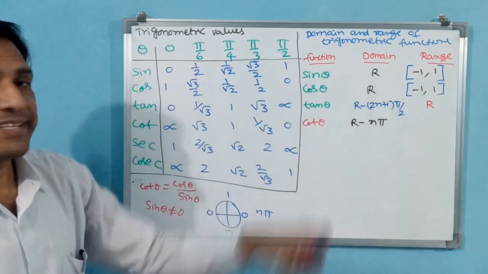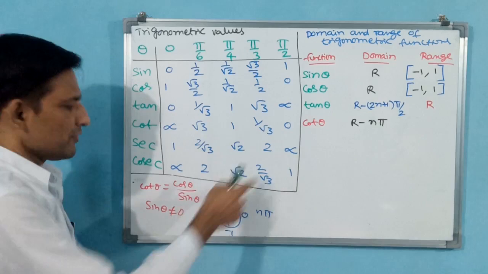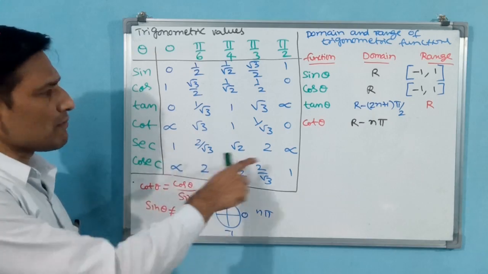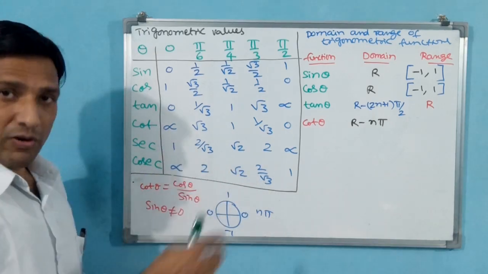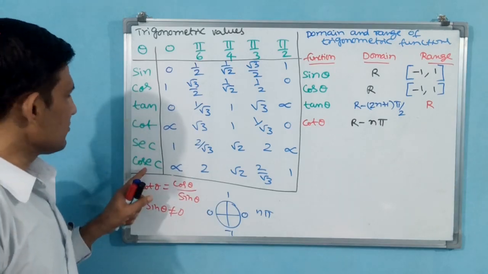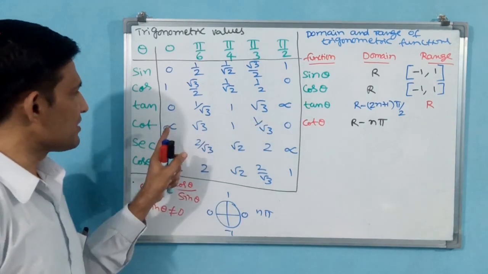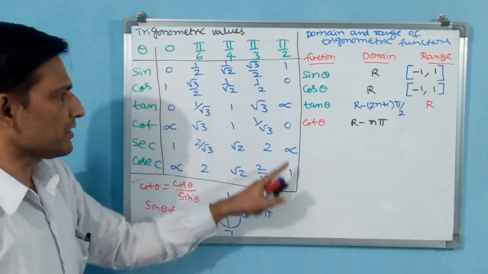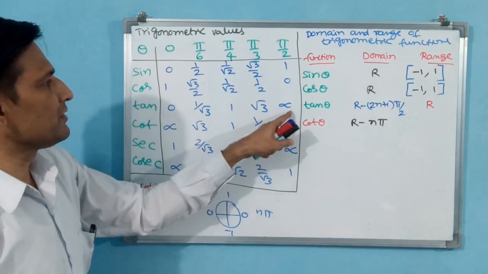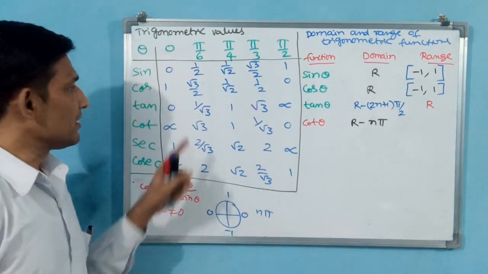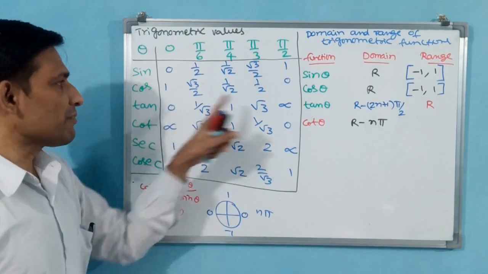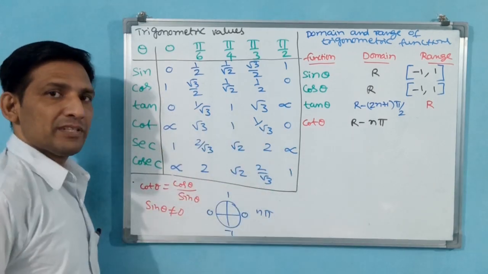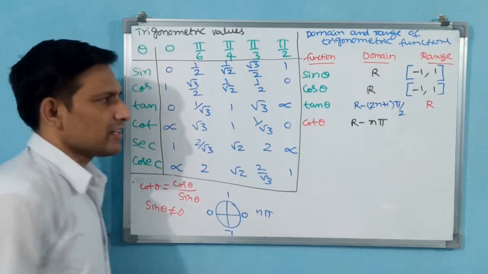Cot theta range. You see, cot theta goes from minus infinity to 0, infinity, minus infinity will come. All are going to come, minus infinity to plus infinity. We have drawn graphs also. From tan theta to cos theta, all are plus and minus. See here, plus infinity is there means minus infinity also will be there. Plus 1 is there means minus 1 is there. You understand now? If instead of 1, 0 is there, it means minus infinity to plus infinity. Cot theta, minus infinity to plus infinity, what is it called? R, real numbers. You write real numbers R.